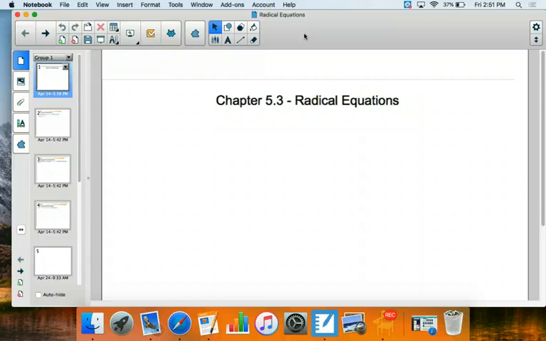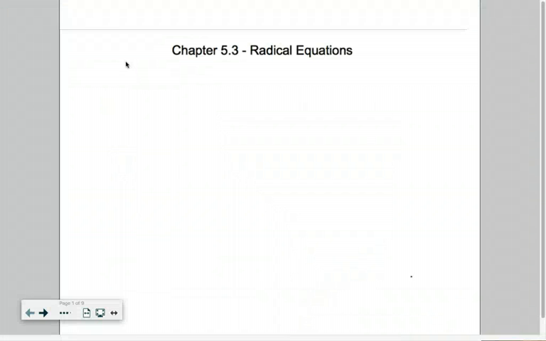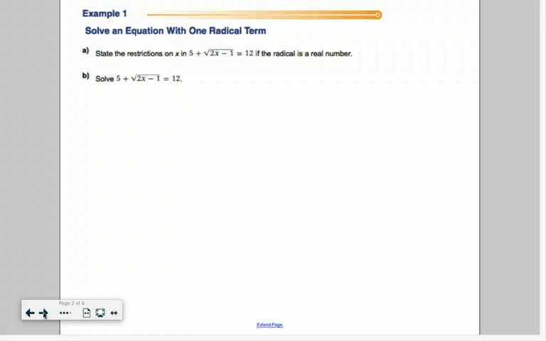In this lesson, we're going to look at solving radical equations. So solving for a variable when the variable is underneath the radical. The first thing we're going to look at with this is talking about the restrictions on that variable. And we've mentioned this before, but when we're talking about restrictions, we're talking about what values can the variable not